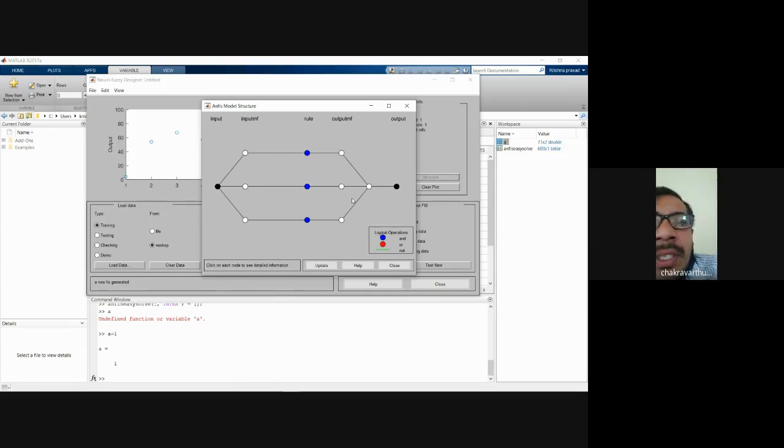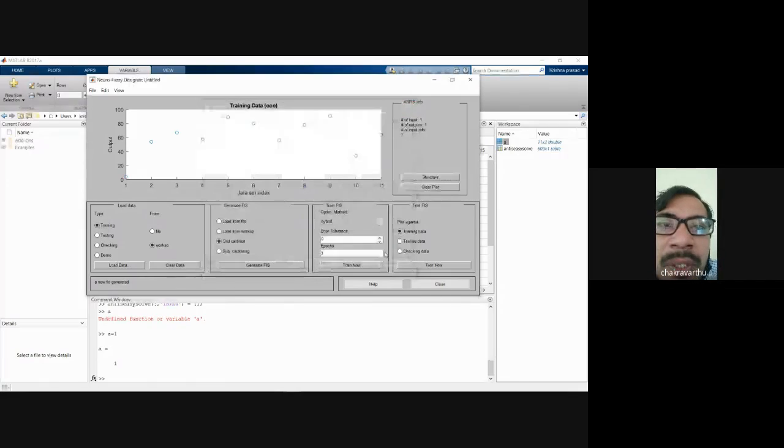So just close the structure and then click on the training data. Once you train the data, it is going to linearize the properties. Linearization, as in linear algebra, in layer 1 they divide the values equally, because we have taken only one input value, so there is very little possibility of getting error, almost it is similar.